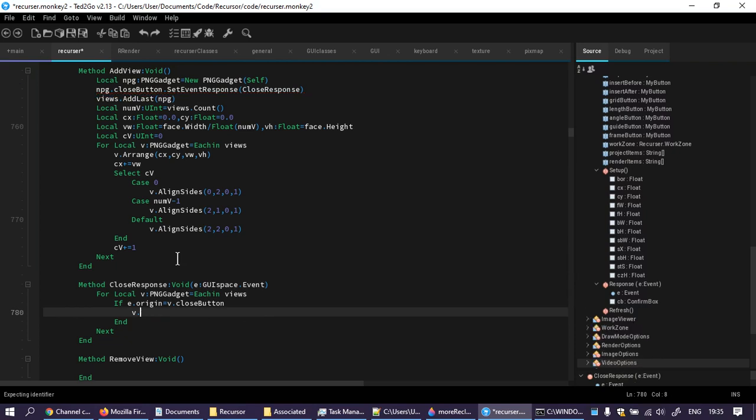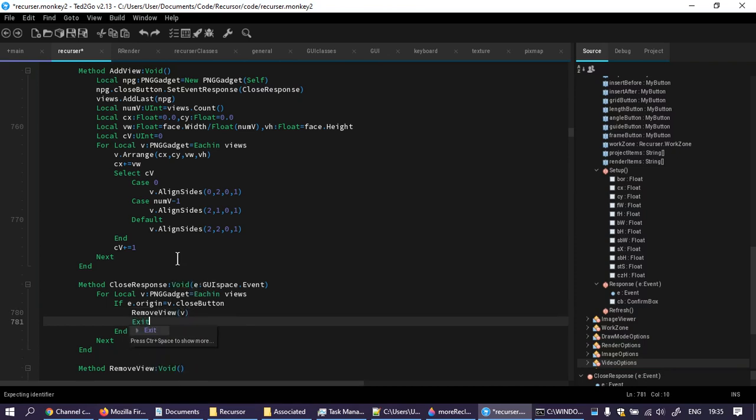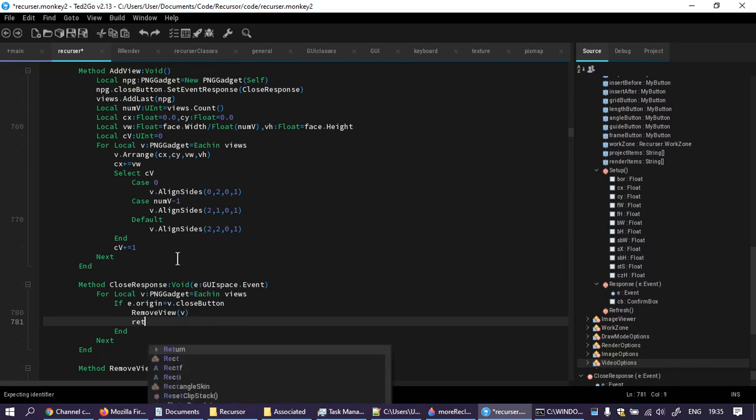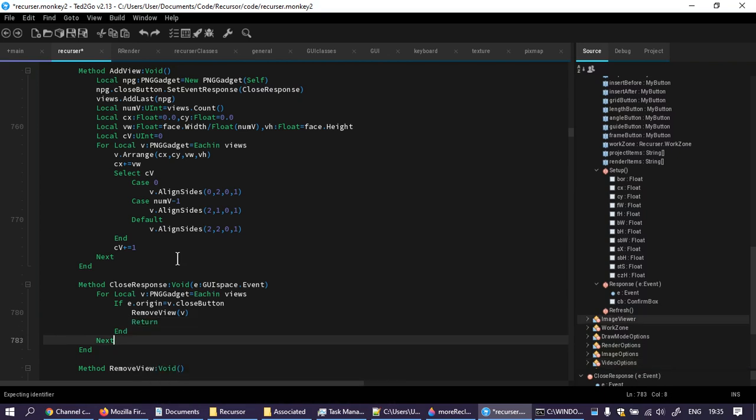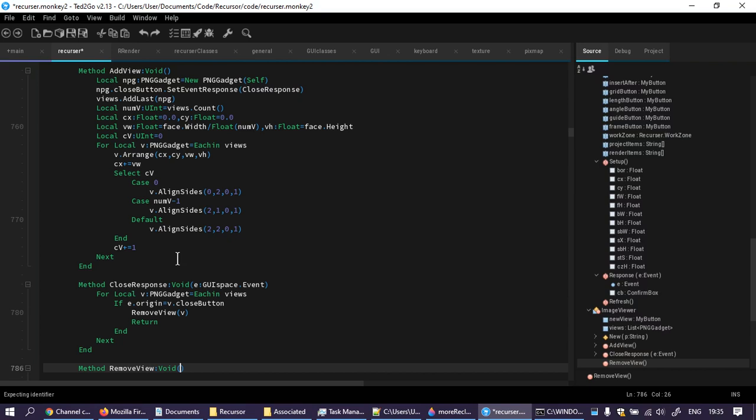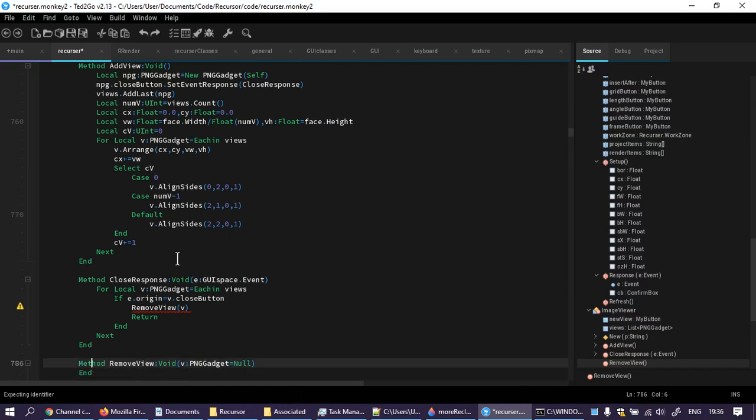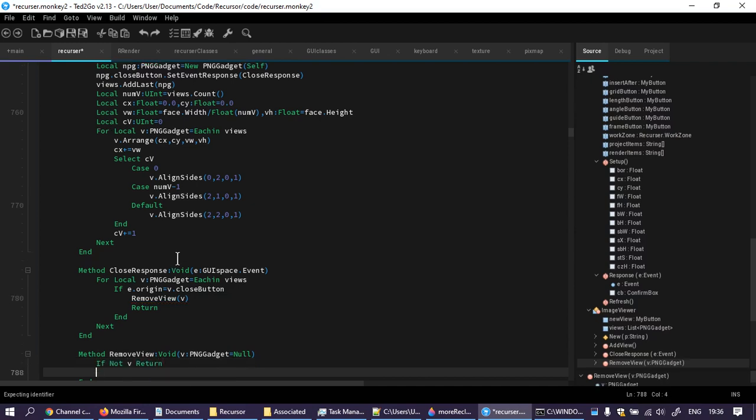actually calls remove view v exit and returns actually, and remove view does accept PNG Gadget. And it kind of just hunts through them and pops it out. It's not the most